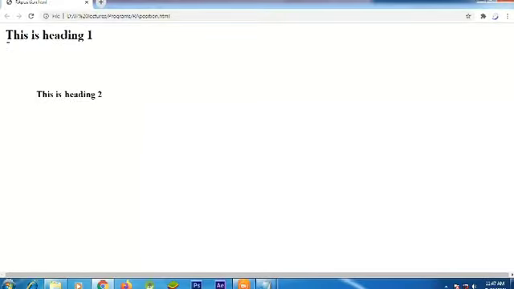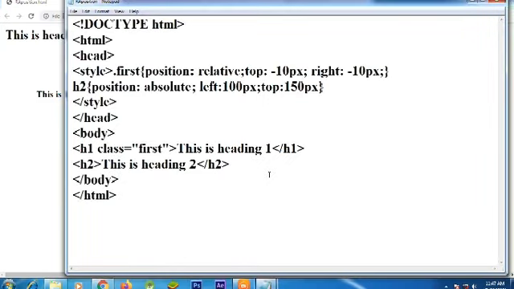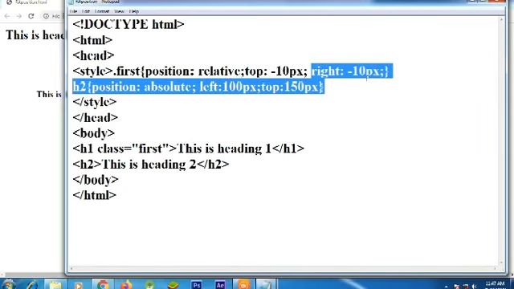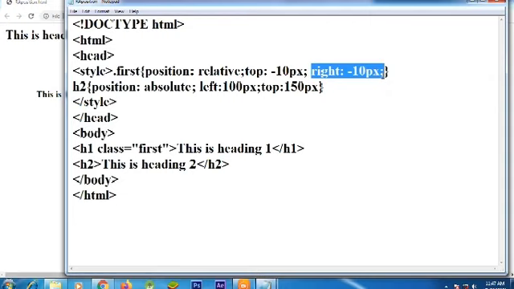See, you can see that it is minus 10 pixels from its top and minus 10 pixels from its right, likewise as it is given in the program. See, from top it is minus 10 pixels and from right it is minus 10 pixels.